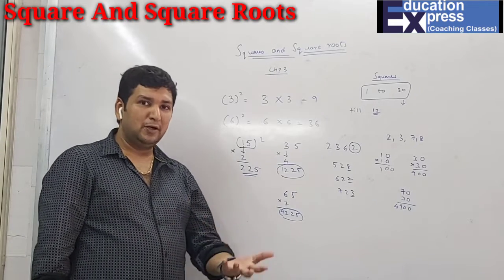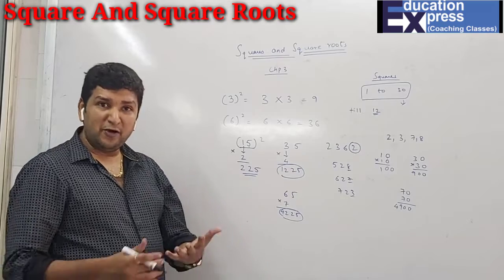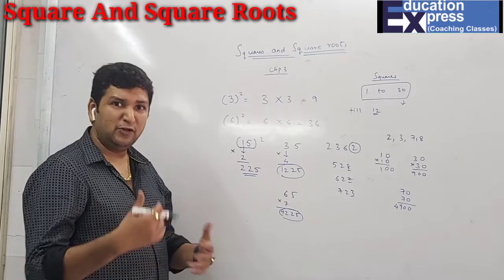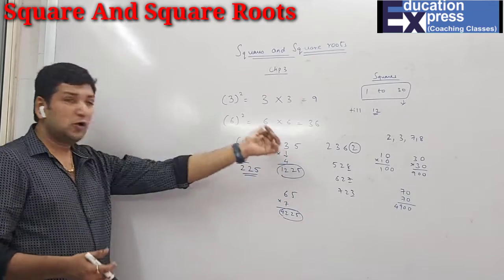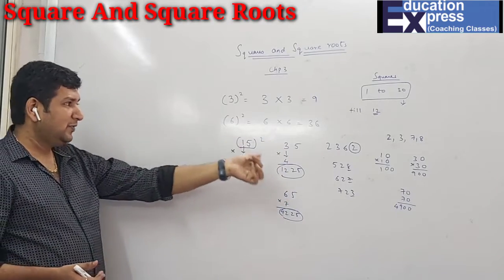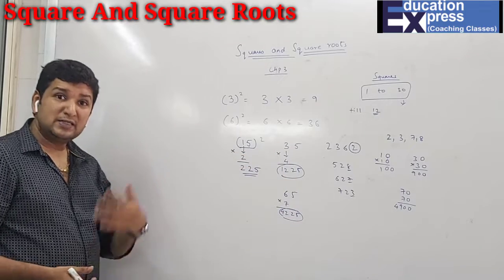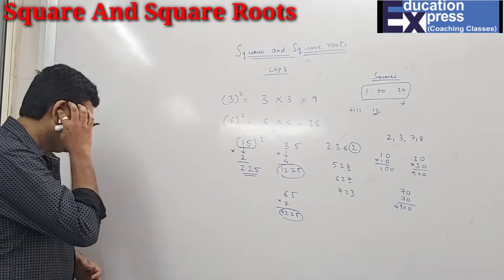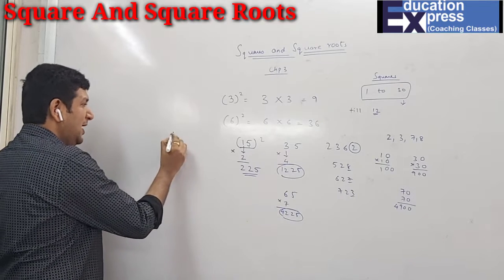There are different methods to find squares. The first method what we will do is the prime factorization method. What is it? We'll start. Before this, I've shown you the square, like 15 square, 35 square, 65 square. Similarly, if I want to find the square root, then how to do it? So for example, if I have